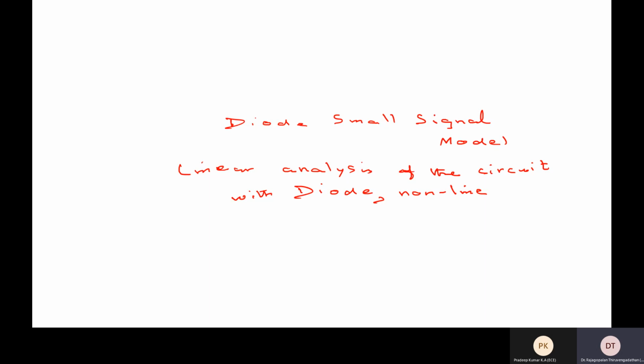The current that flows through the diode is equivalent to, recall that expression, the saturation current multiplied by the exponential of the voltage. Let me first write this down: nonlinear element. Why did I say nonlinear element? Because the current through the diode is related to the voltage drop across the diode by an exponential function. So it's not linear, rather exponential.